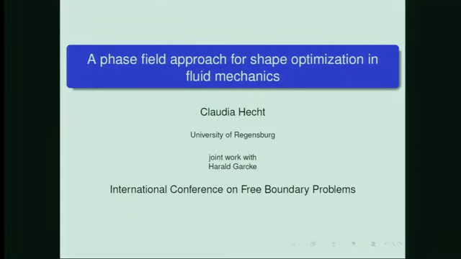Okay, let's continue with the second half of the session. I welcome Claudia Hecht from the University of Regensburg, and she's talking to us about the phase field approach for shape optimization, and I think we've got some pre-boundaries in the torus medium as well, and so yeah,